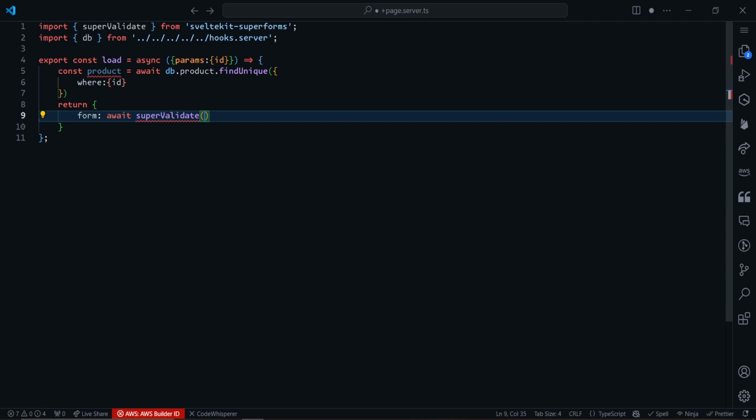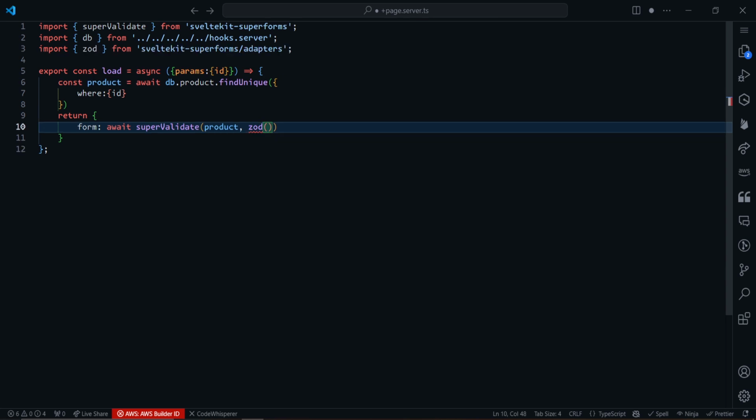Now, all we need to do is to make sure that the schema does match partially. SvelteKit Super-Forms is intelligent enough to know what to do with it. So all we need to do is make sure that the schema matches partially and it works. And in our case, the schema matches perfectly, not even partially, perfectly. So it's going to work the way we want it to work. I can just put product right here, and then the second argument will be this. When using the Zod adapter, make sure we import that, and we'll put in our schema, which is going to be add